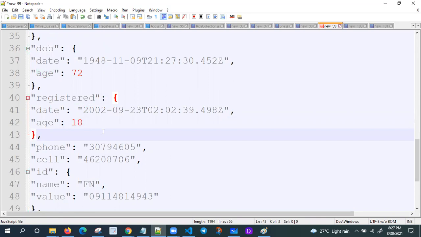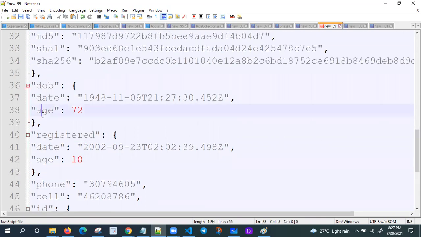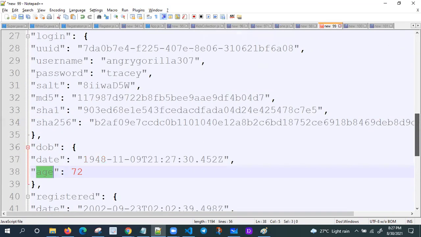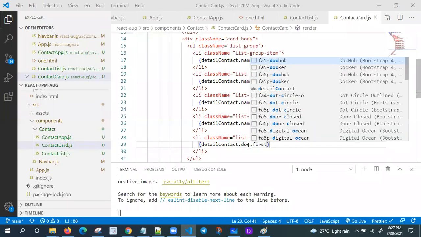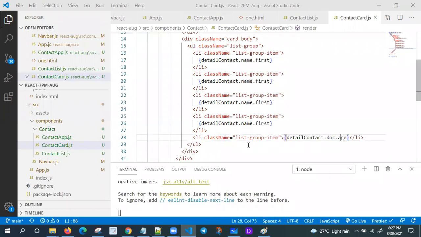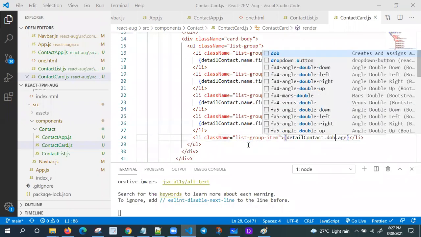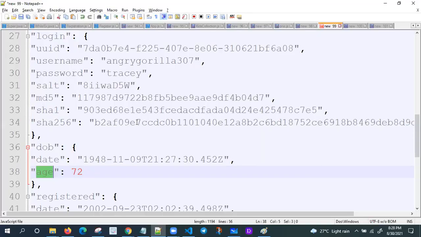Okay, the age is there: dob.age. Let me use the last one, dob.age, where dob is date of birth. See here, 57, like this. Perfect.